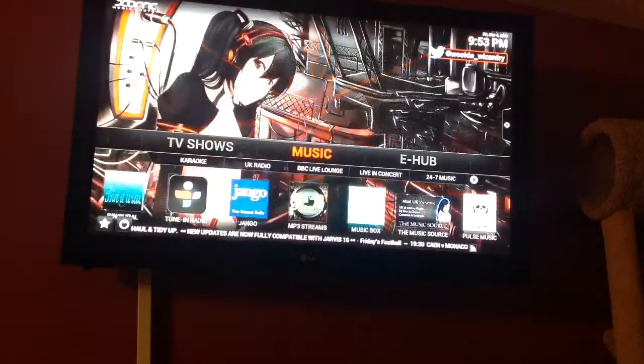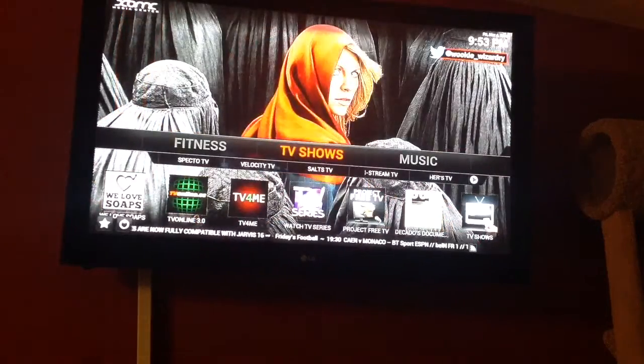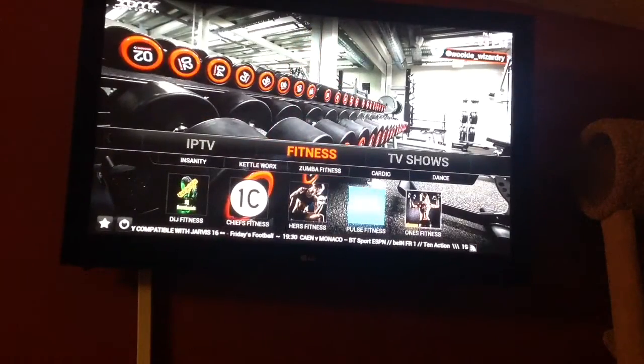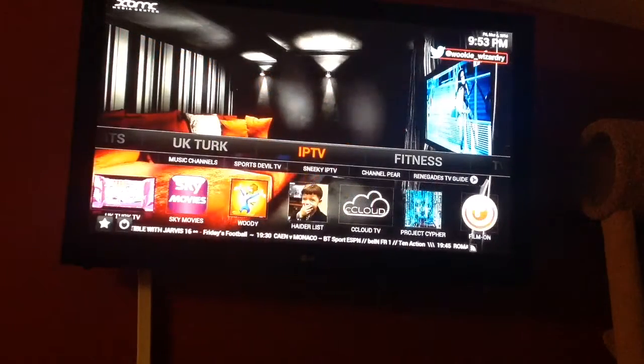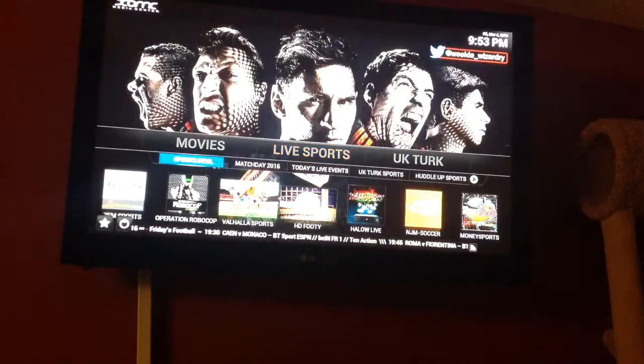But yeah, you can watch different music here. These are all different music apps. We already did do TV shows. Even got some fitness here. Some random stuff. And you can always just try all these out. These are all different sports live channels. You even got some old live channels. There's a couple in here where you can watch all the old UFC fights, all of them,